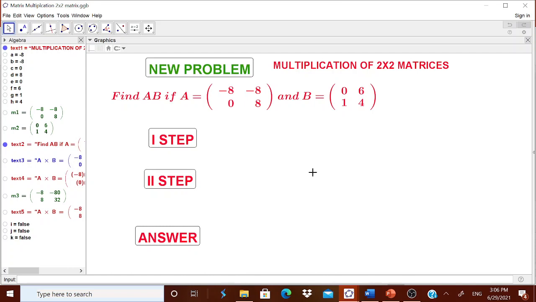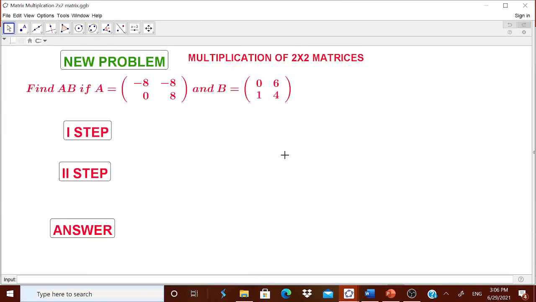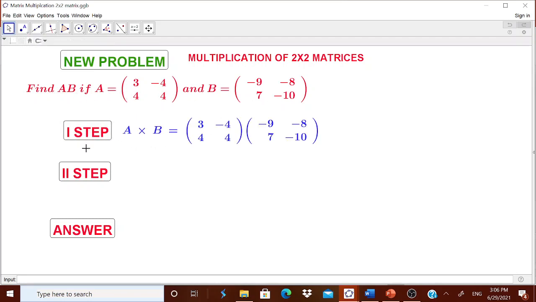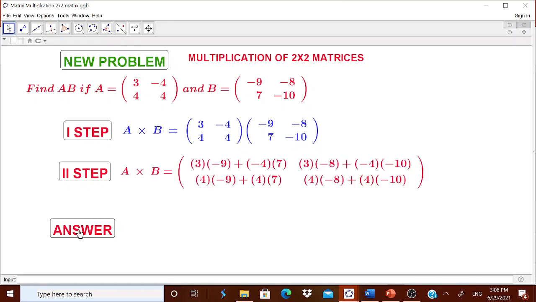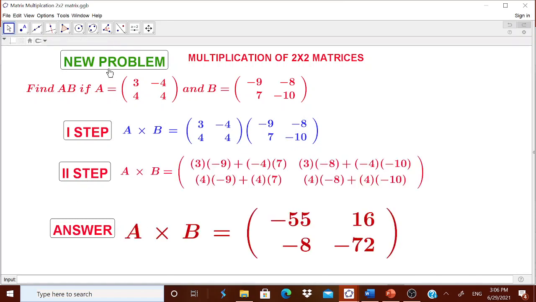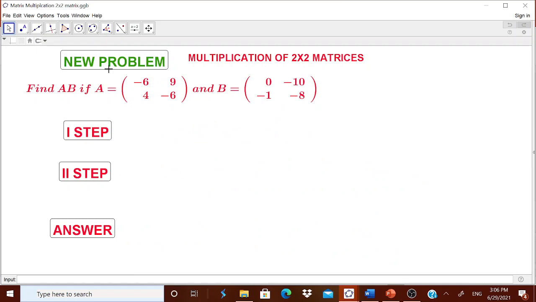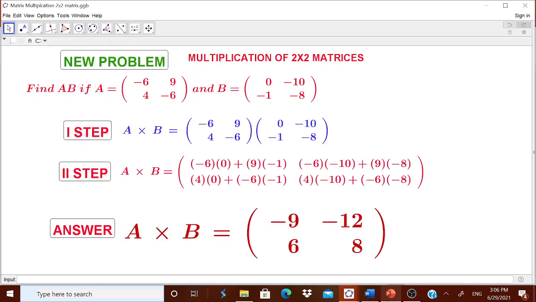It will be highly interesting when you have a worksheet where the problems keep emerging. For example, if I click this new problem and you are getting a new problem, A, B is shown, and you can ask the children to find the first step and the second step, and you can show them the third step. Now once again you can go to the next problem. Now you see, whenever you are doing it 2 or 3 times, how the product is done, then a child will get a better idea to know about the product of 2x2 matrix.